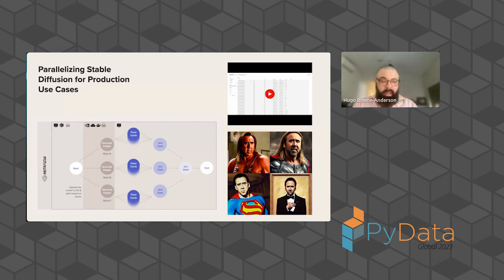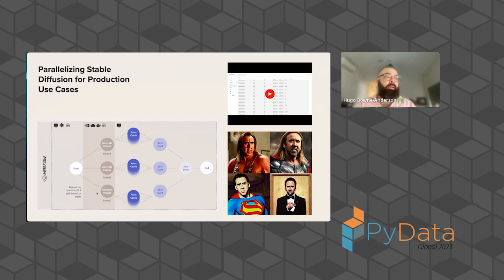But this is compute intensive stuff, generating these types of images. And so what we did was, I mean, there are a lot of proofs of concept around at the time, as there is with a lot of generative AI, not a lot of being able to productionize it. So what we figured out and published, and you can go to our blog, and I've got links at the end of this talk, is how to parallelize Stable Diffusion